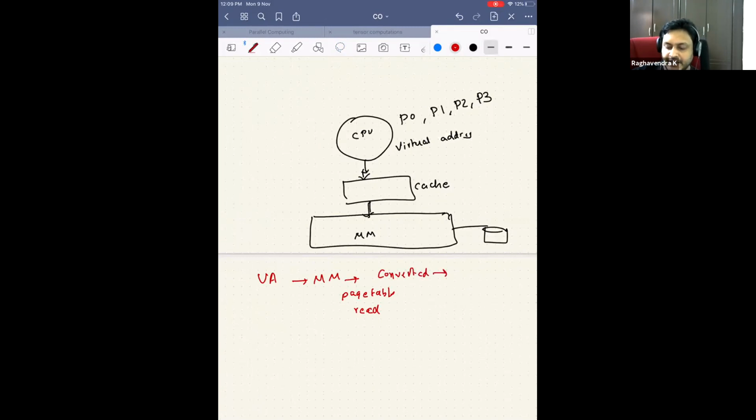Then I searched in the cache. If there's a hit in the cache, then I get back the data. If it's a miss, then again I go to the main memory and read the data, store it in the cache, and get it to the CPU. If it's a hit, I send it to the CPU. It's just a plain if-else. Are you okay with this design?